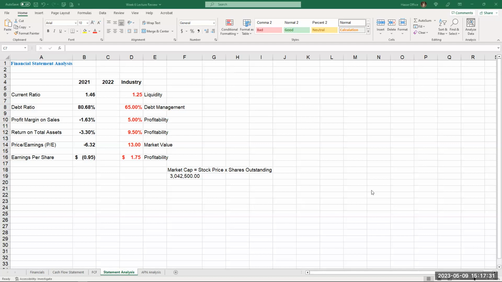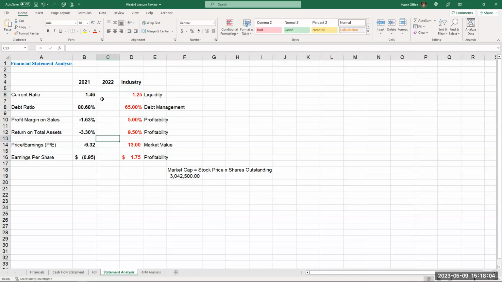So I'm going to practice that by taking a look at what are these numbers for current ratio for 2022. Remember, current ratio is the relationship of current assets to current liabilities. All right, it's a ratio. It's called the liquidity ratio. In 2021, it was current assets were 1.46 times greater than current liabilities. In 2022,